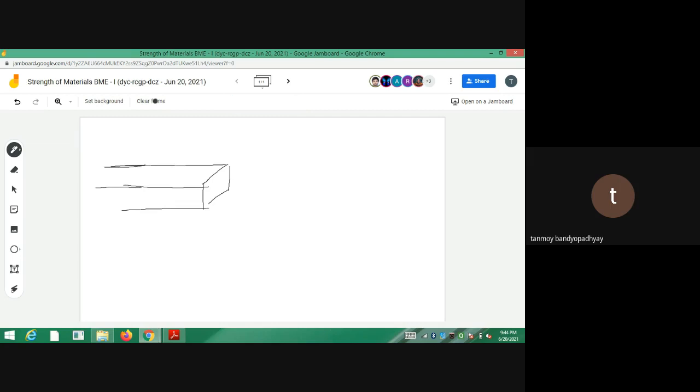If I go by the definition, the longitudinal dimension for the beam is always the x-axis. We take it as its longitudinal direction. And what are the lateral dimensions? The lateral dimensions are this one. If I consider the cross section of the beam, now this is the cross section of the beam. On the side view, suppose this is the y plane and this is the yz plane actually.